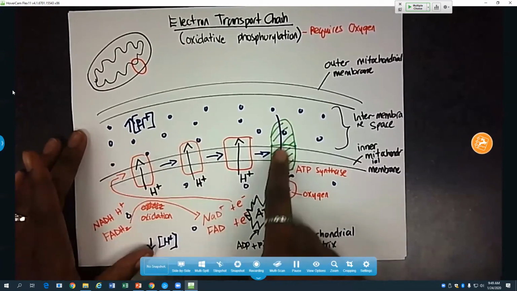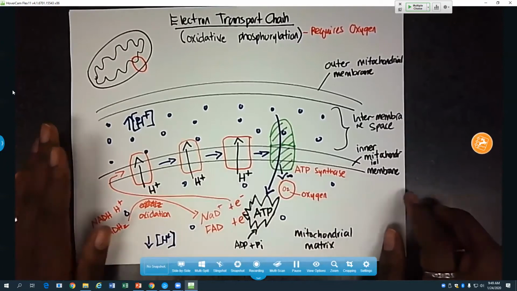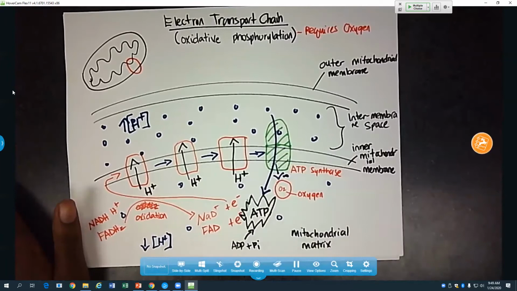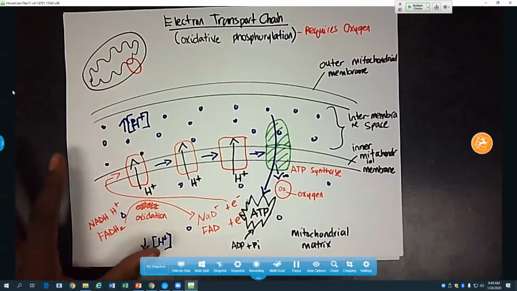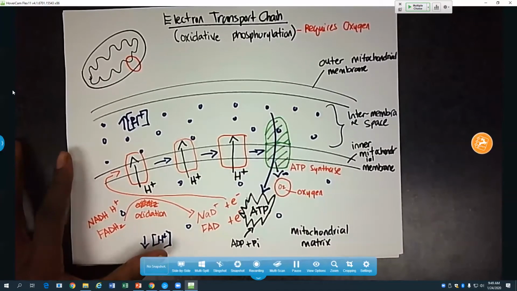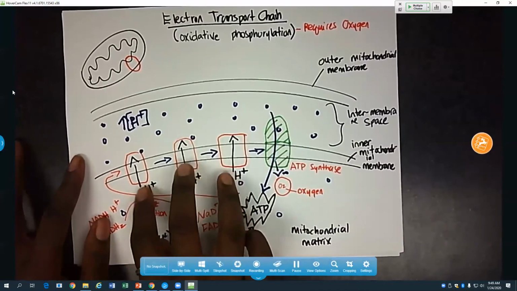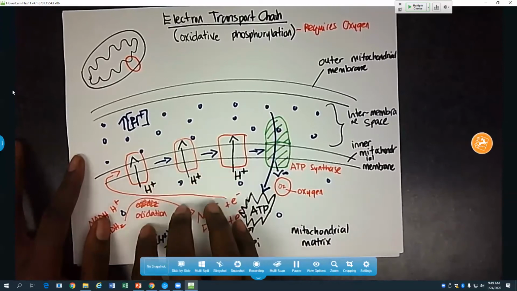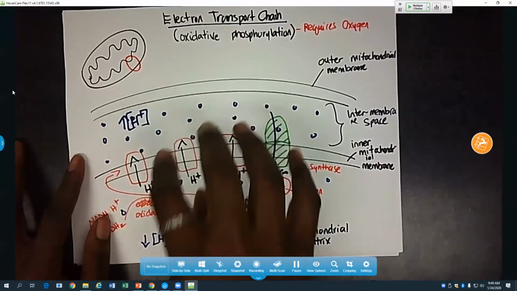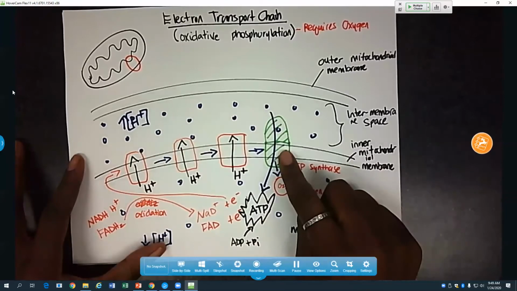Now, at the final complex, which is the most important, ATP synthase, we have oxygen taking the electrons, and that is driving the hydrogen ions down their concentration gradient. So basically, these complexes were setting up a gradient. By pumping all of these hydrogen ions out, we've set up a gradient so that when